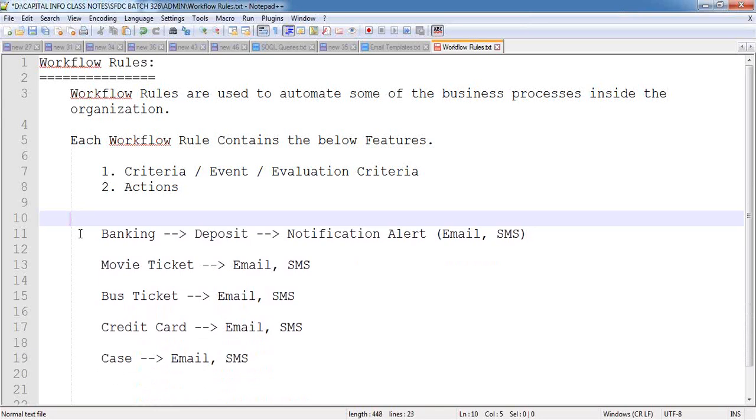For example, today I'm depositing some money into my bank account. Already in my bank account I have 10,000 rupees. Now I have deposited 5,000 rupees more. Then you will get an SMS notification, right? When will you get the notification, before depositing the money or after depositing? After depositing. Once the amount has been credited into your account, only then will you get the